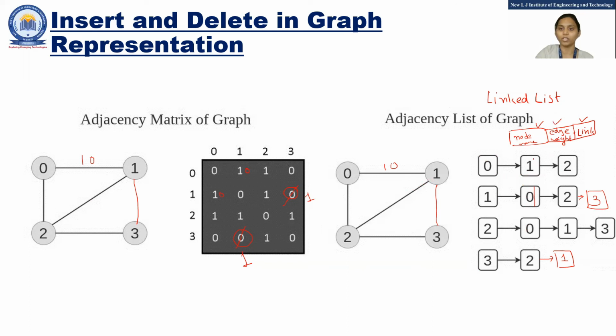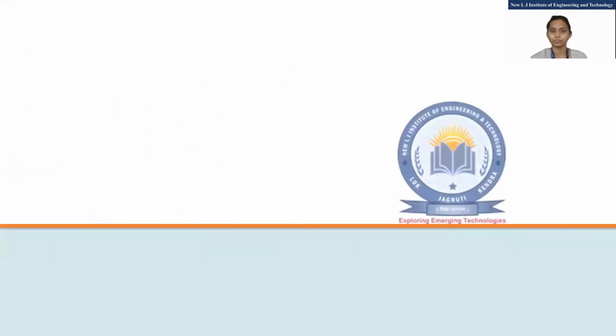So here what you can write, you have to write an extra number 10. Here also you have to write number 10. And if nothing is there, it means 1. We by default consider it a 1. Otherwise, if some number is there, then you have to reflect that in your graph. This modification you have to do for your weighted graph. Fine. Thank you. Here I end my video lecture.